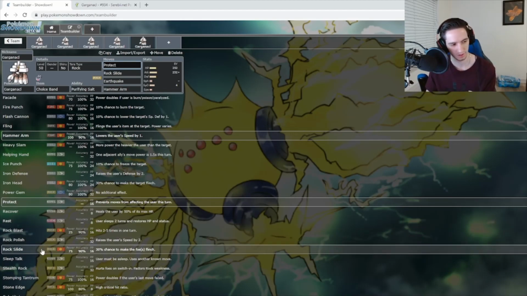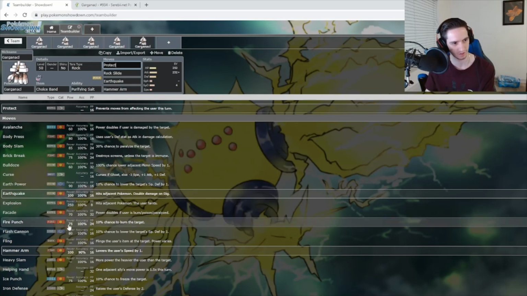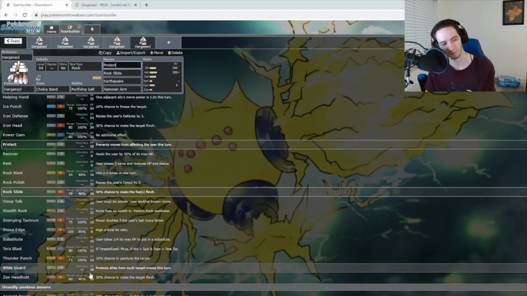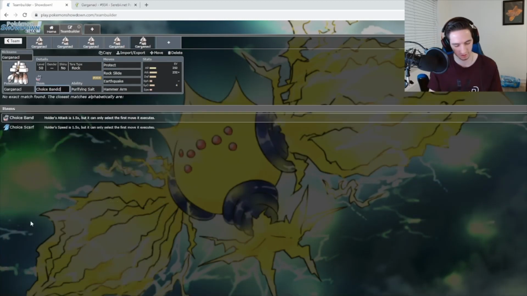You got obviously Rock Slide, you got Stomping Tantrum, you could do Earthquake too. I'd probably set Earthquake. Oh, it's already on the set. You can do Stone Edge if you like to live life on the edge. Even Terra Blast, Terra to a different type. Zen Headbutt, I don't recommend it, but you could. If you're not running Choice Band, even if you're still just running the Clear Amulet set,